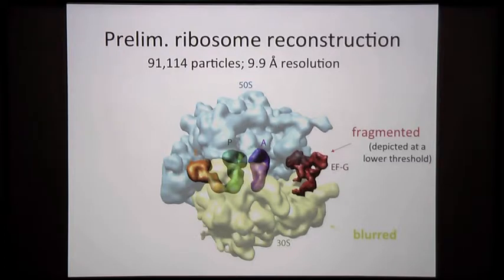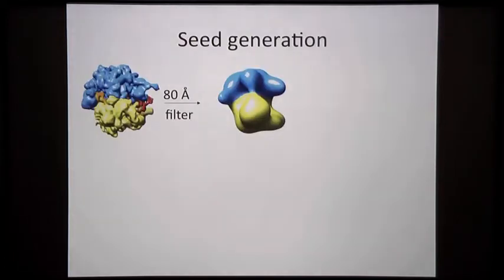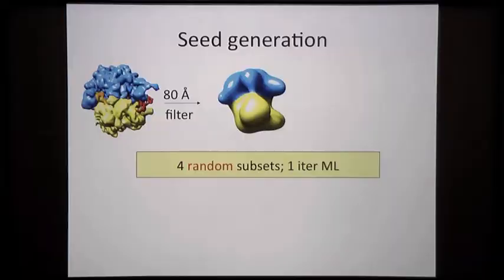As an example, I'll show you here a 70S ribosome where Joachim Frank did a reconstruction to about 10 angstroms, and they saw fragmented density for elongation factor G. What you can now do with the 3D maximum likelihood is filter this to 80 angstrom low pass, which we like to do. We like to low-pass filter our initial models to still have enough so that we can start our iterative process to get ever better maps. But whatever is somehow wrong in this model is removed from it so that bias towards it doesn't play a role. Okay? And then again, just like in 2D, where we took 5 different random subsets for large D antigen,